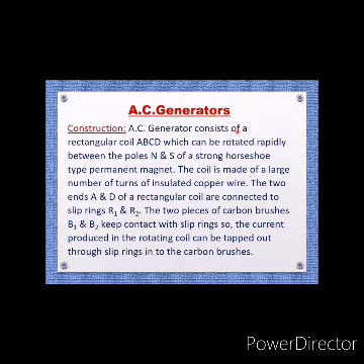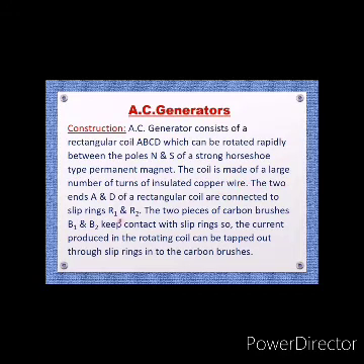An AC generator consists of a rectangular coil ABCD, as you have studied in the motor, no? The same way here also we have a rectangular coil ABCD which can be rotated rapidly between the two poles of a strong magnet. Usually it is a north pole and a south pole. Here we are using the horseshoe magnet, that too a permanent magnet. The coil is made up of a large number of turns of insulated copper wire. Even in the previous class we have studied, why are we increasing the number of turns? Just to get more magnetic strength.